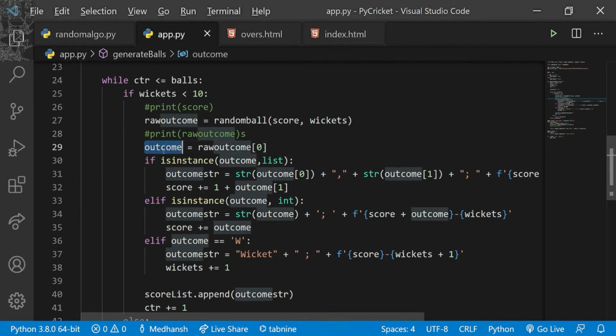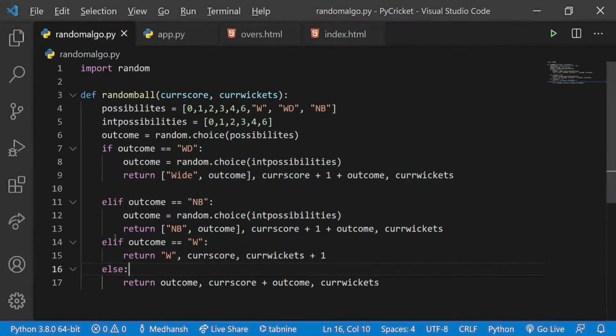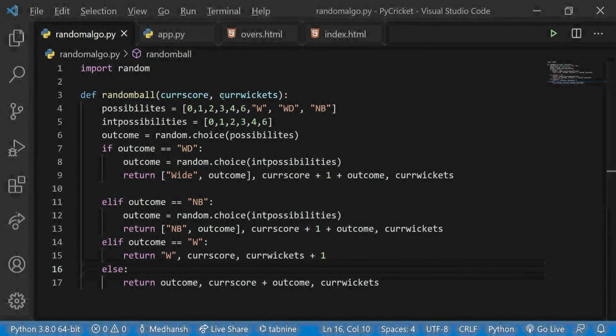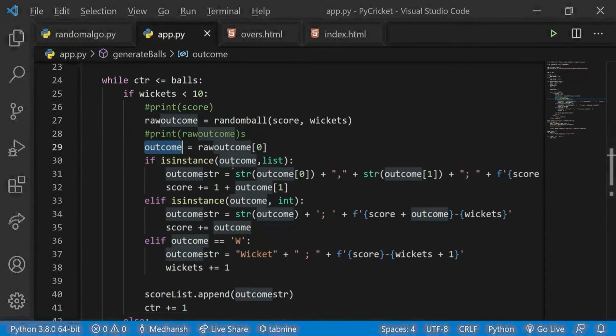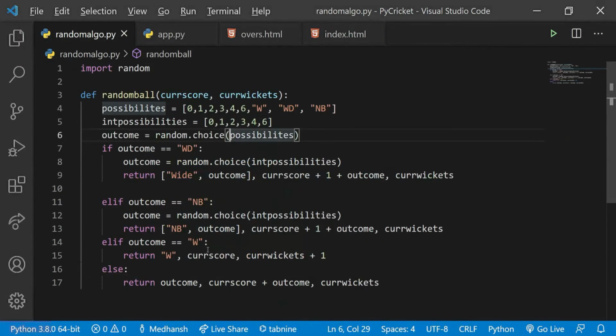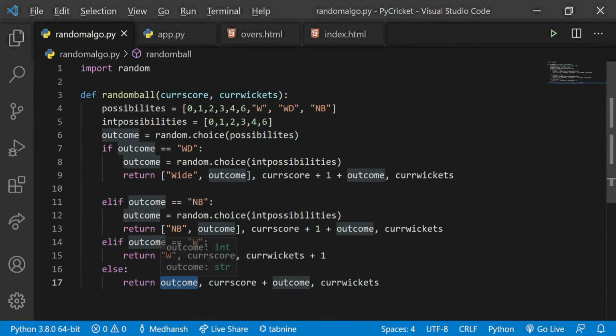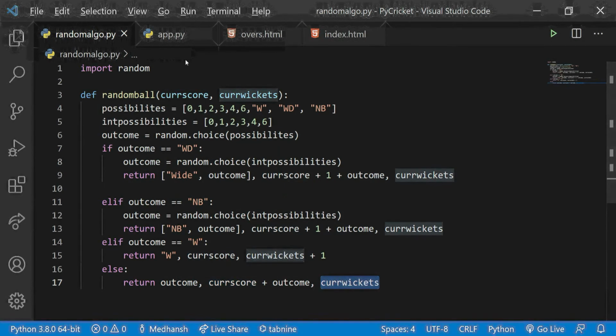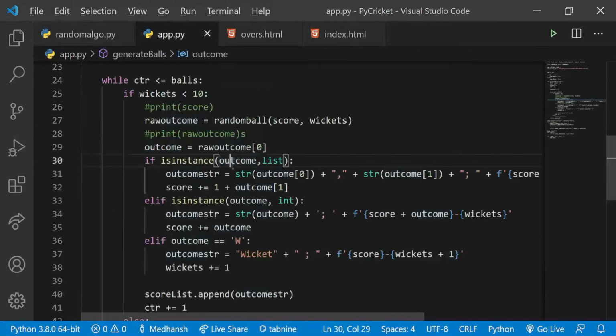Now the actual outcome, if we go back to random algo, the actual outcome is the first element, the current score is the second element, and the current wickets is the third element. So if we go back, yes, now I've used a function called isinstance.